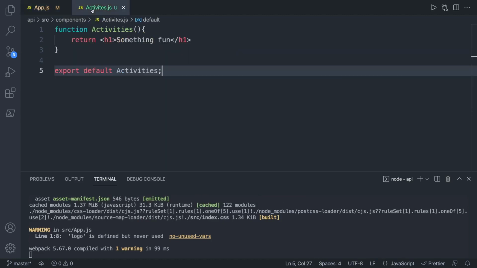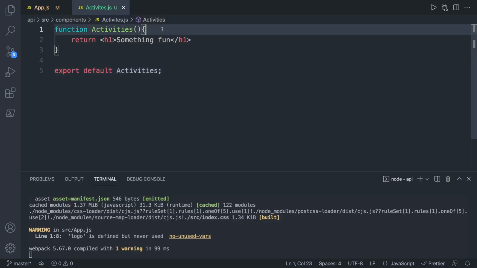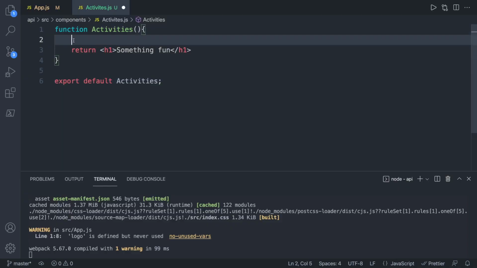And now all we have to do is work inside of this activities component. So what I want to do now is create the function to request information from the API, and then we'll talk about how to get that to display in the page. So we'll just create a function. We'll actually define it inside of this other function, which is totally okay to do inside of JavaScript. And we'll just call this